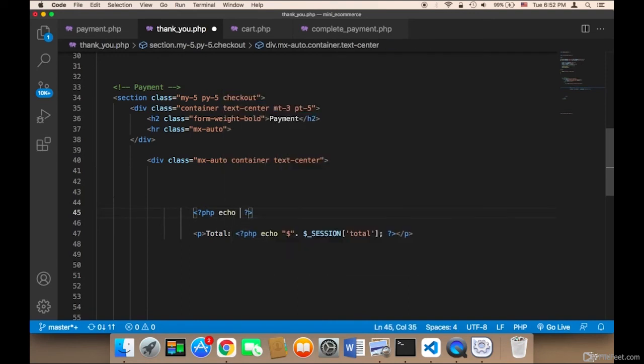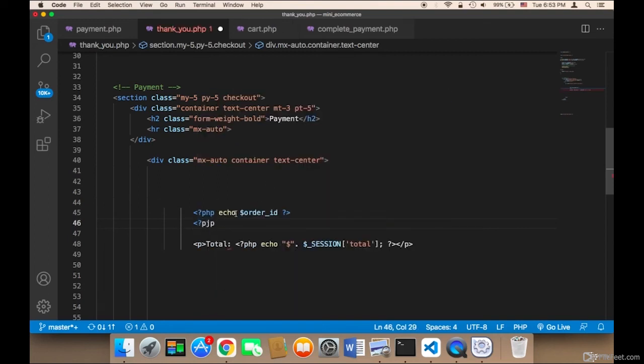First I'm going to say order ID, and then append the order ID from PHP, order underscore order ID, and then I'm going to tell the user